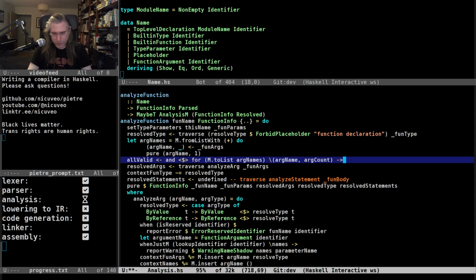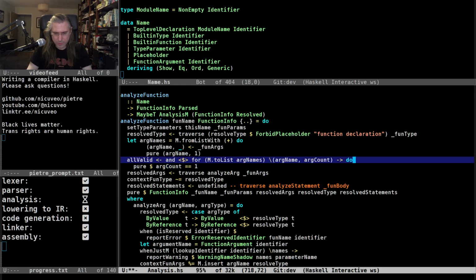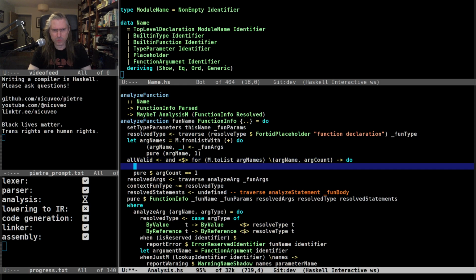And what do we do for each of them? We return arg count equal 1, which means it appears only once. Anything else is a weird error. Either it's 0, it's a weird error that shouldn't happen, or it's 1 and it's just duplicate. And when it is greater than 1,